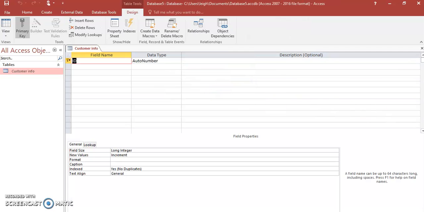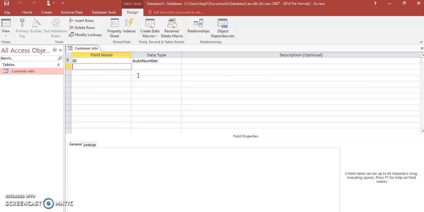Then I'll press OK. Now, automatically, an ID number with a primary key will come up. You will not erase this. You will let it remain as is. Then you go ahead and fill in the information inside your table. Now, I'll start my table with last name, followed by first name,